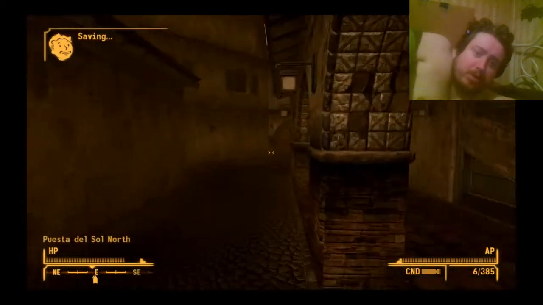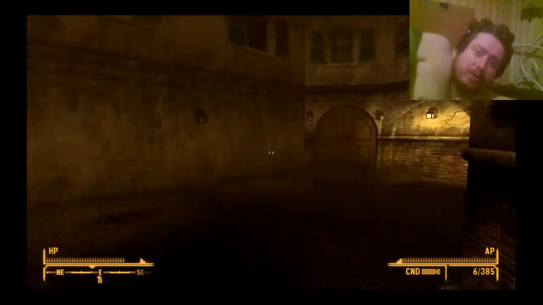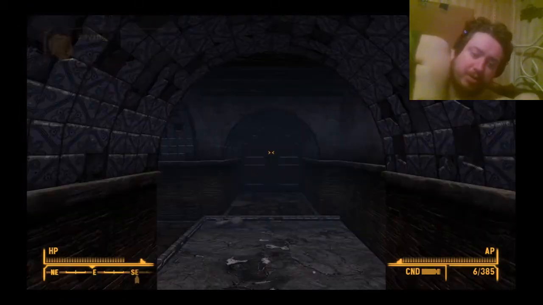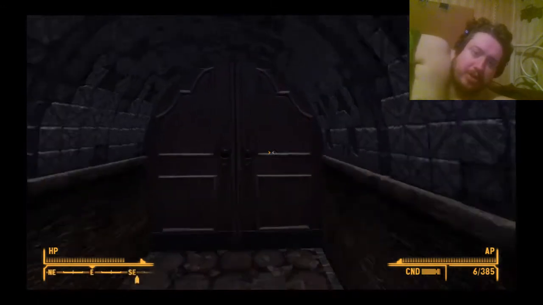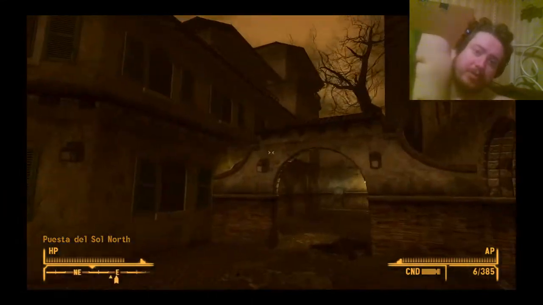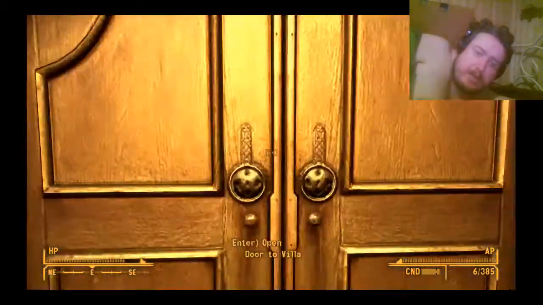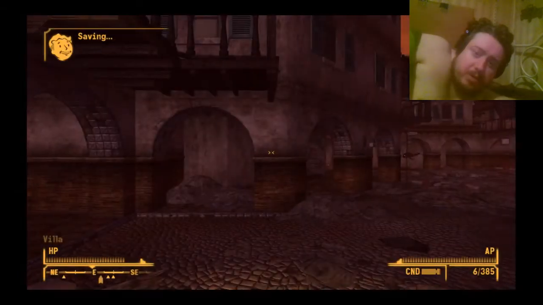Okay, now I'll show you the other way to break the game in the Sierra Madre that I discovered. My plastic sheet is getting under the mouse again. It's really annoying. Yes, so we need to go back to the main town centre part of the...